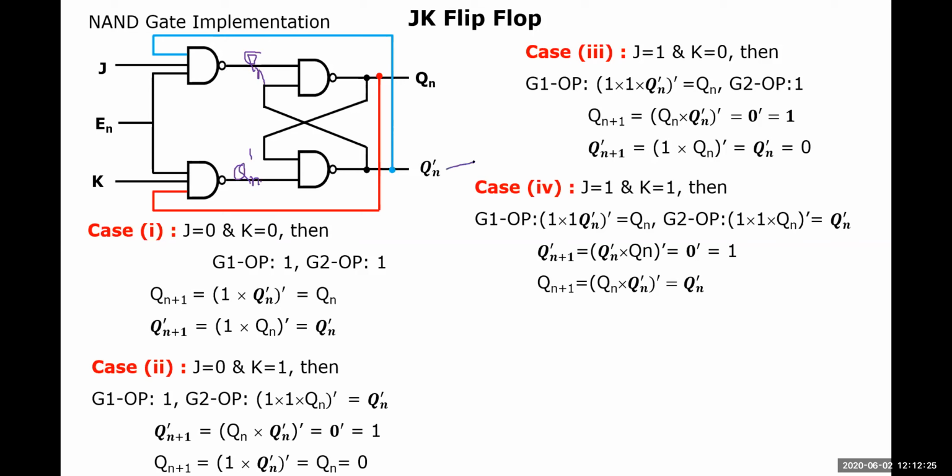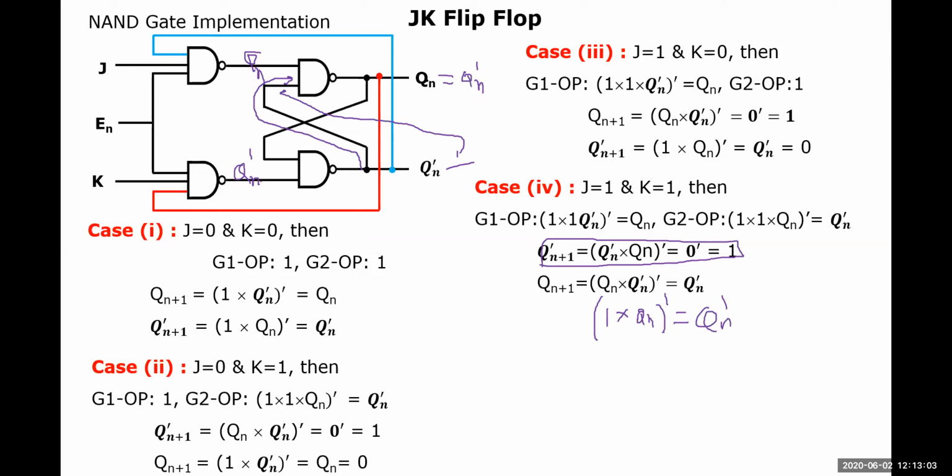Now evaluate this one first. After evaluation, we got value 1 here. Instead of propagating this data directly, you have to propagate whatever value you got here. If you propagate it, 1 into Qn whole complement will be equal to Qn complement here. Now, what does this value become? Qn whole complement.